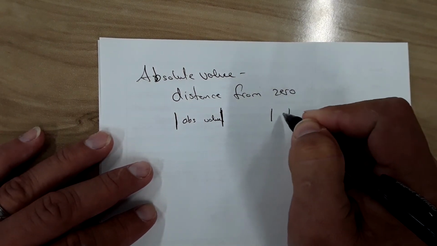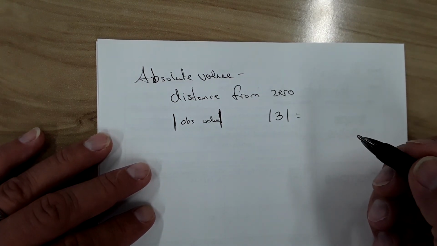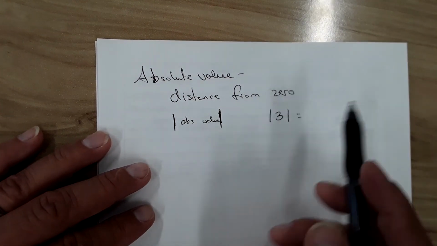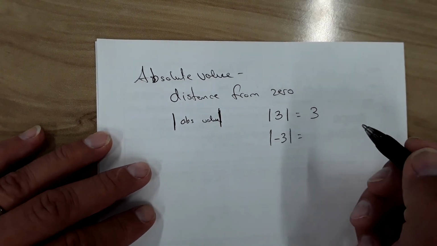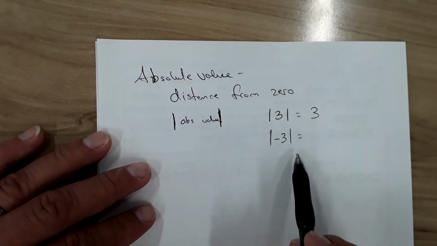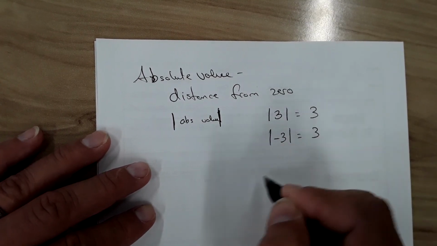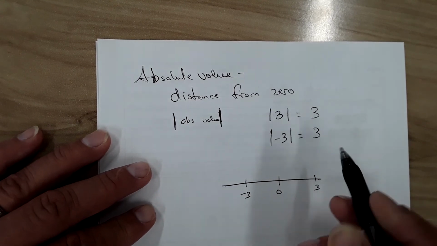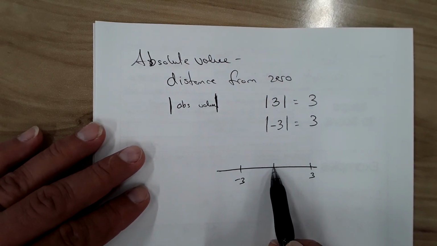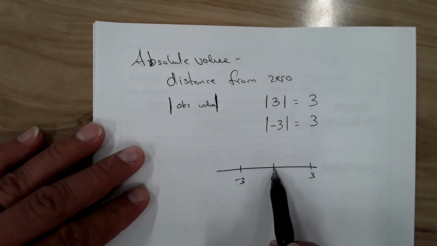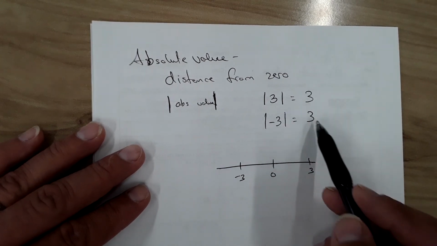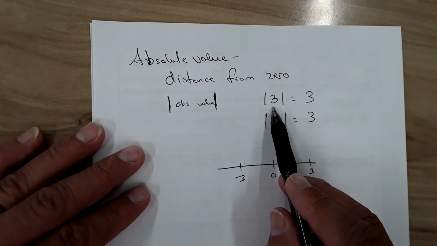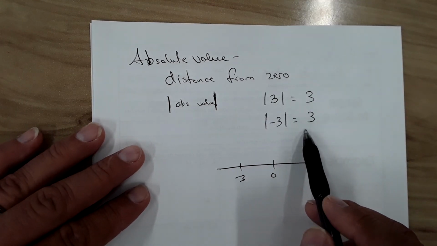Okay. So if I was to ask you the absolute value of 3, that simply means how far from 0 is 3? Well, it's 3 units. It's easy enough. If I was to ask you the absolute value of -3, the distance from 0 would still be 3. So we're talking about pure distance, and it doesn't matter if we're going this direction. It doesn't matter if we're going this direction. We're simply asking what is the distance from 0. So if you notice, these things have the same absolute value, the distance from 0. The distance from 0 is 3. The distance from 0 is still 3, which means that